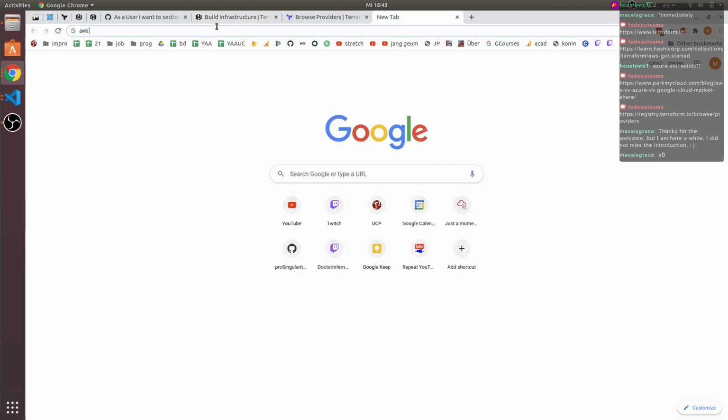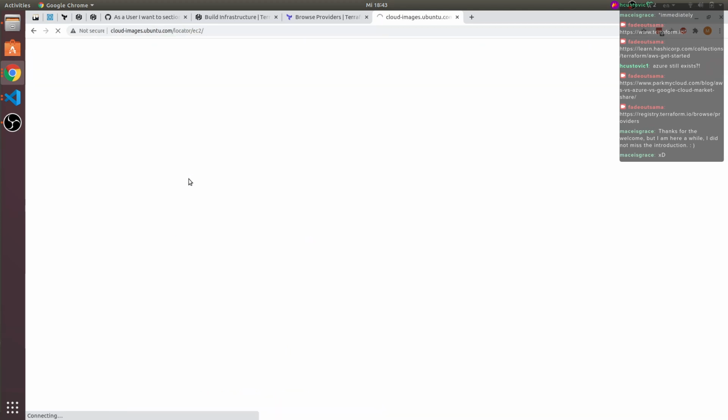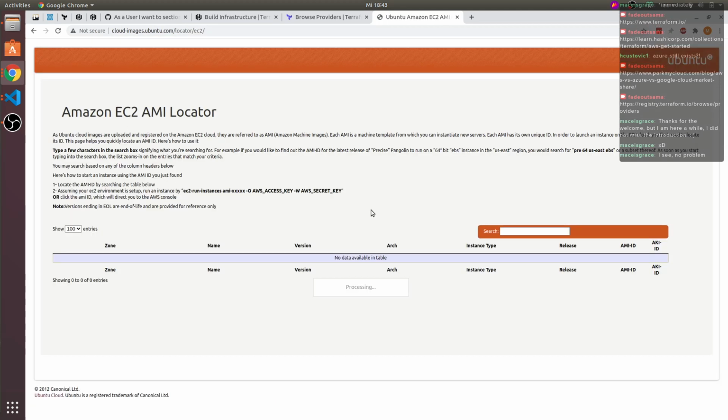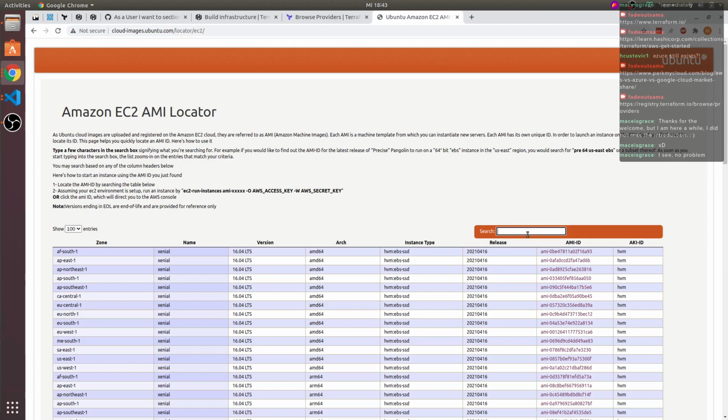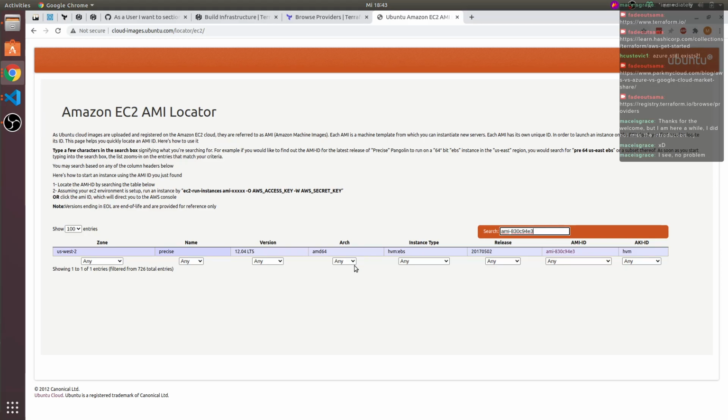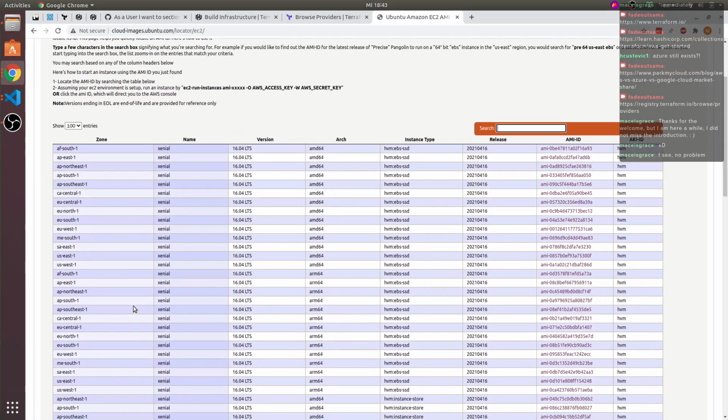Yeah. So these AWS instance files are specific to regions, so we have to be careful with that. In this case, this does not exist in here, but for example, from this list, we could pick something.